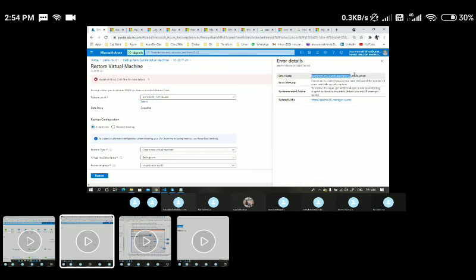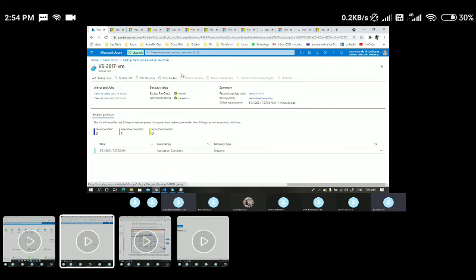Let's see. Yeah, it's a quota issue. I told you, within a single free trial subscription you will have quota limitations. So if you want to create new VMs, you have to have quota limit. I think in this region we do not have a quota. So you can just delete the previous VMs and restore it. Okay, so this is how. Yeah, Vasi, now go ahead, please.